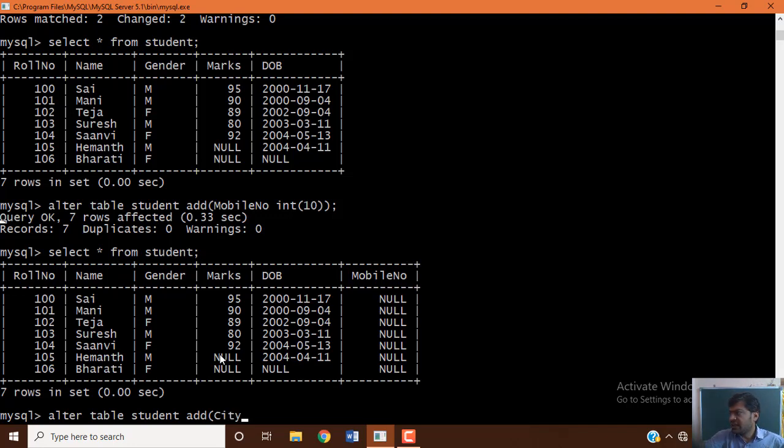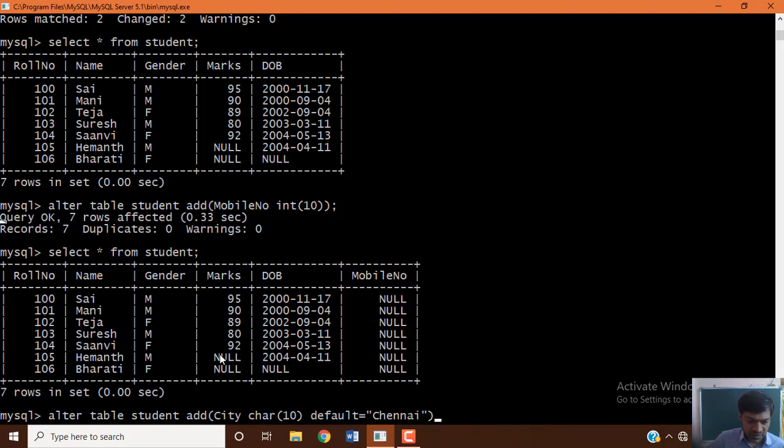City char of 10, the size of the city name, followed by the keyword default. The default value, since the city name is characters, alphabets, you must enclose in quotation marks, for example Chennai.